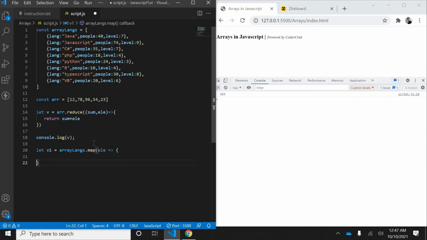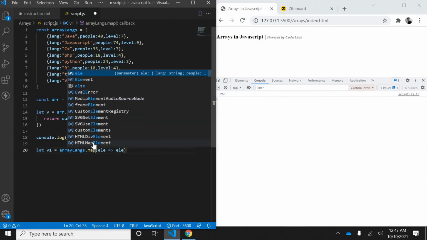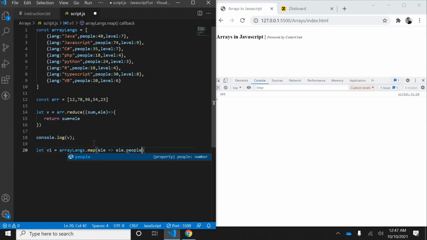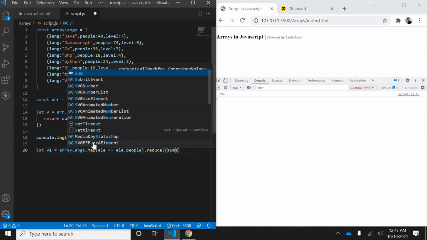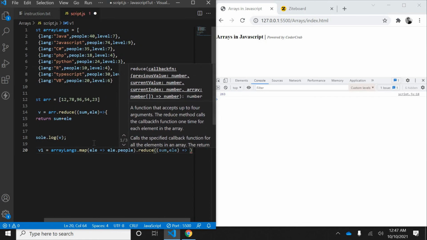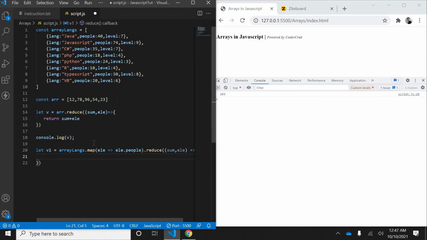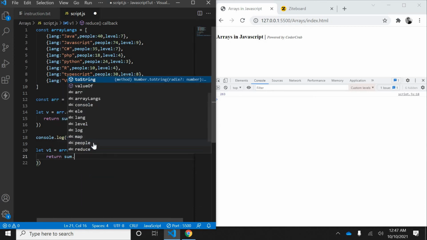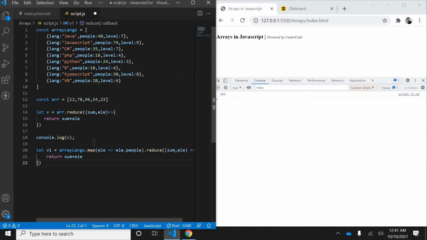I can do it this way instead, which will be easier for me: ele dot people. So I took the element ele dot people, and then I'll use reduce, and inside that again, as I told, I'll use sum comma ele. Then I'll return sum plus ele.